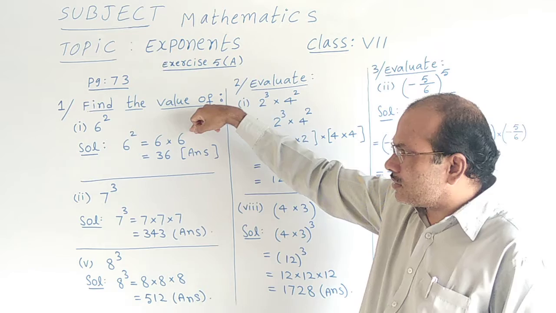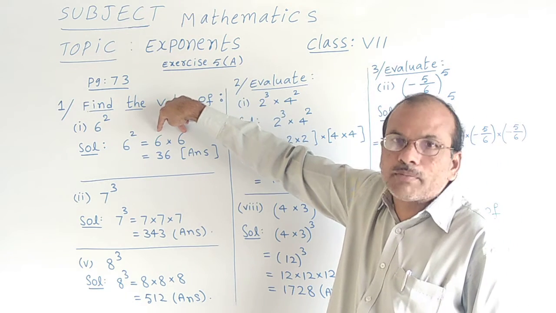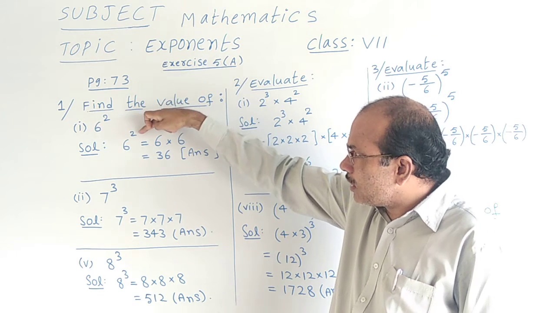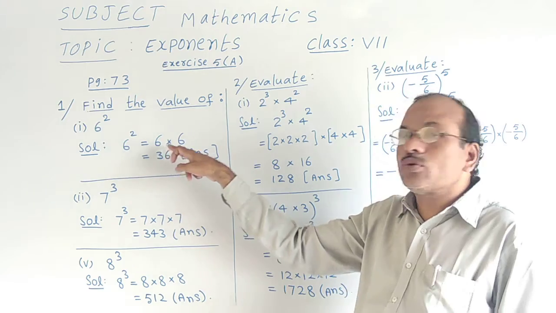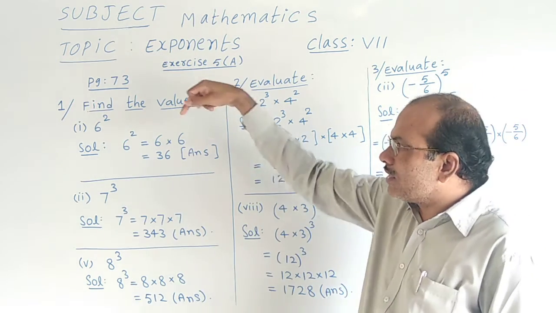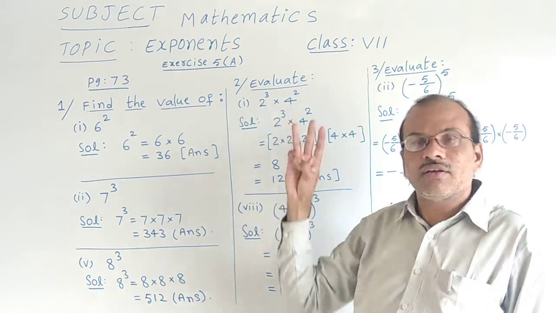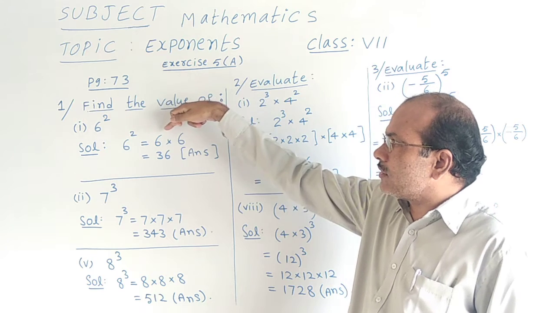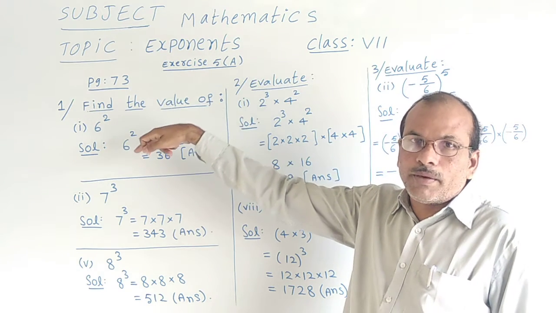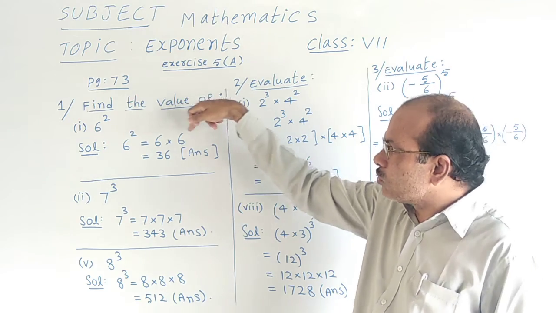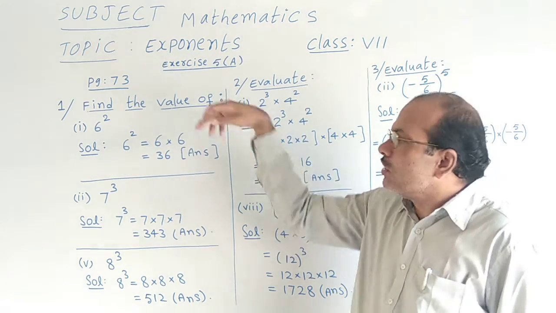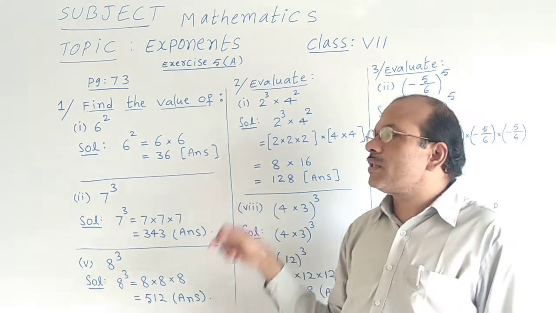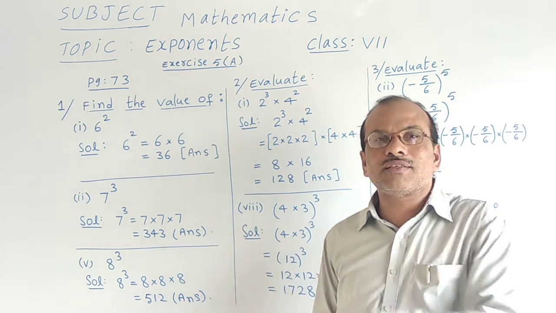So 6 into 6. 2 times we are multiplying, because its power is 2 or its index is 2. Suppose the power given is 3, then 6 should multiply itself 3 times, that is 6 into 6 into 6. 3 times I must write by that time. But since the power is 2, I should write the base multiplication only 2 times, 6 into 6. You know 6 into 6 gives you 36, because 6 sixes are 36. That will be the answer for the given question. I hope that is very clear for you.